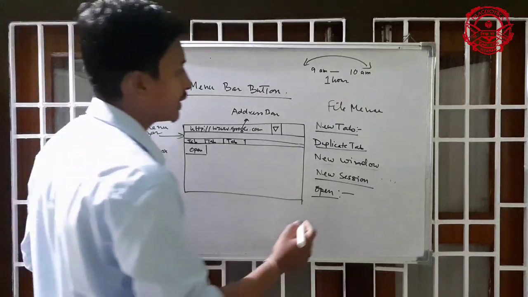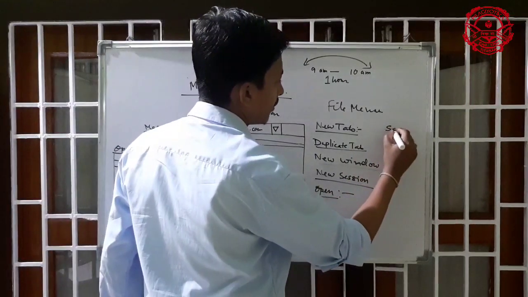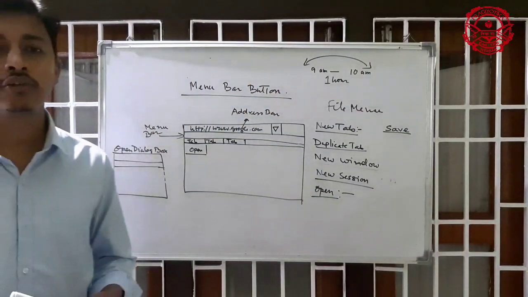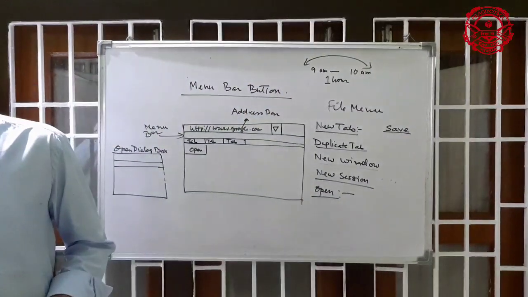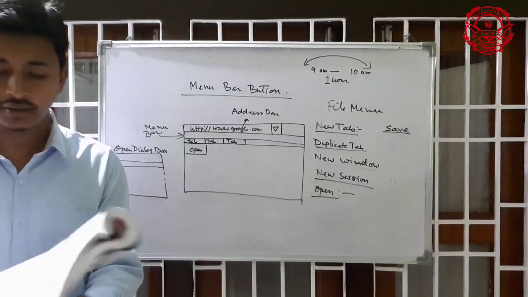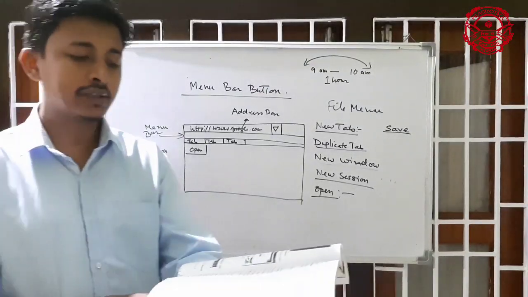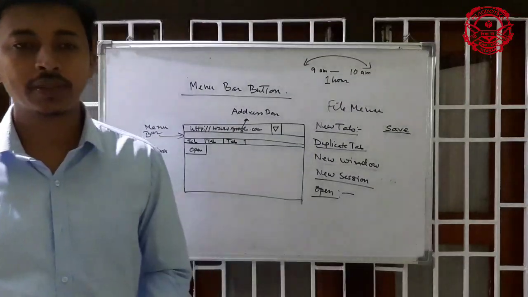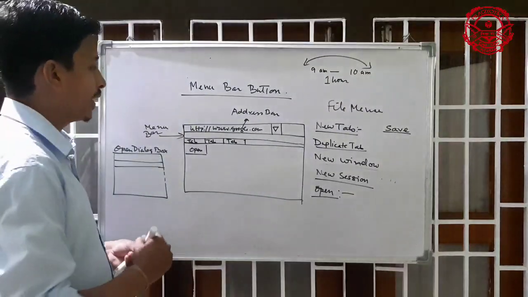Next option is the save option. Okay. Save means what? You can save your file. Save saves the current document. You can save the current web page on your computer to view in offline mode in the future. Means what? When you open a browser,